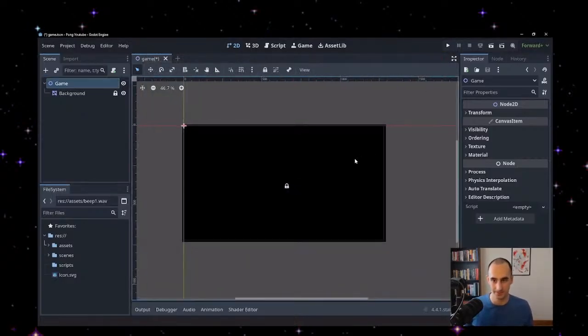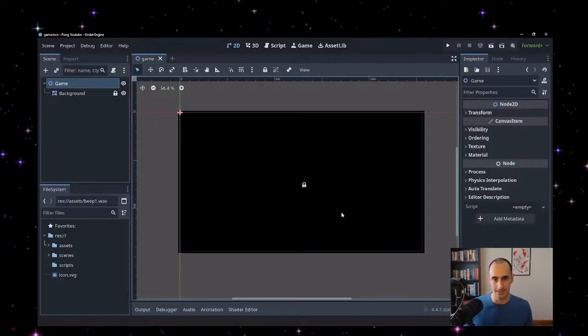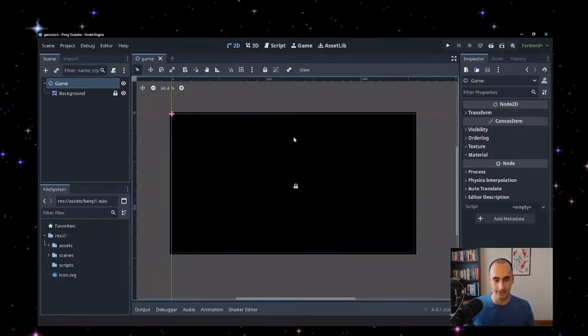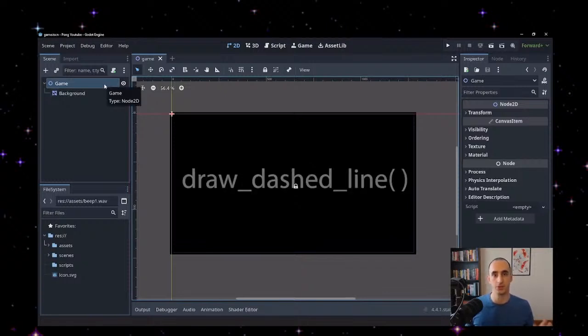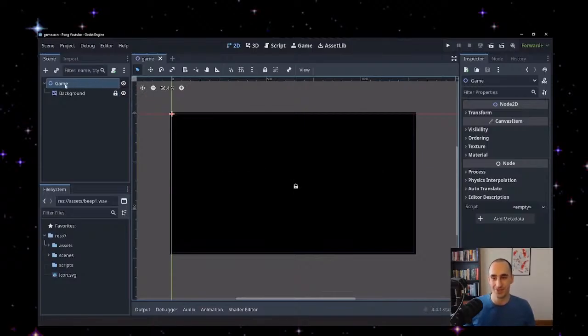Okay, so this next thing I want to do here is drawing that dashed line in the middle. So to do that, we're going to use a function called draw dashed line, which is a function we can use within a script to draw a dashed line. So we're going to create a script. So let's click on the game node here,